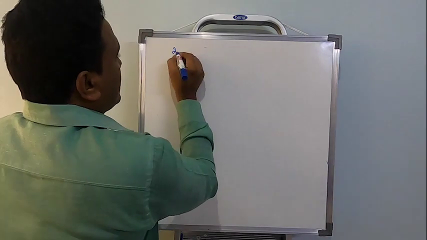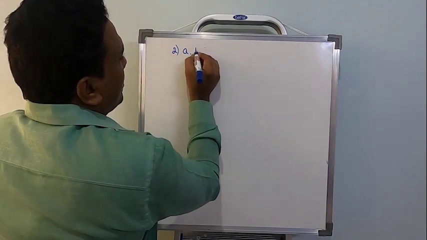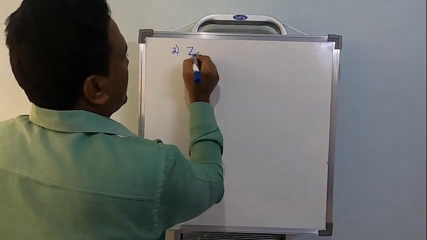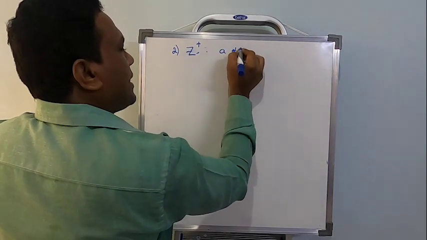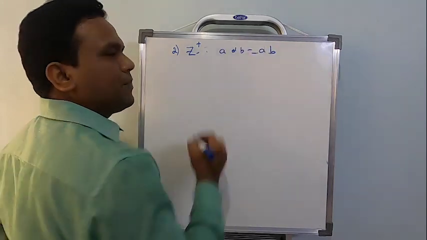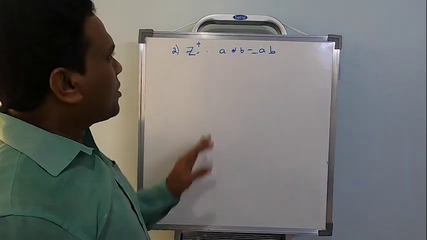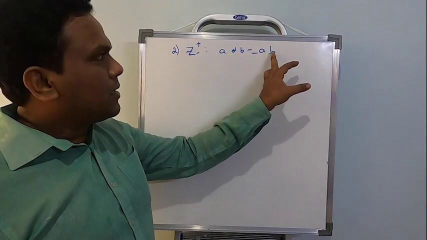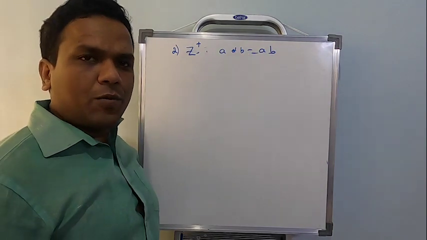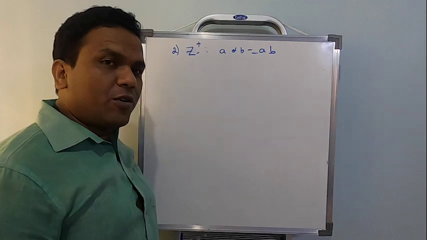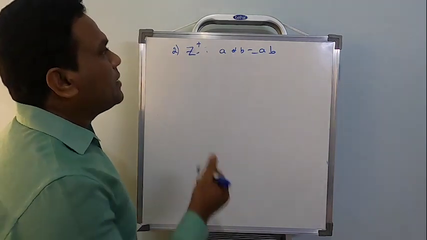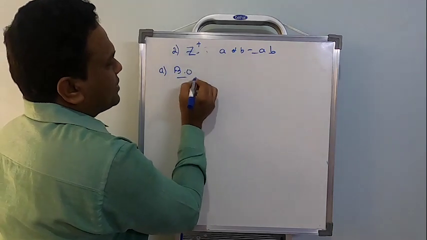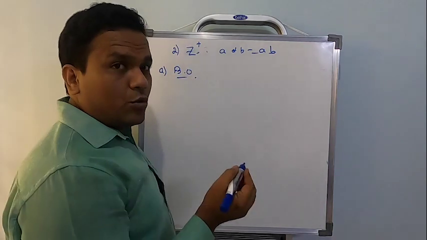Now, in this second column is A comma B. In the second column, on Z plus only, A star B equal to AB. So on Z plus, positive integers, whenever you operate two positive integers, the resultant element will be the product of two positive integers, and we know it's going to be a positive integer. Now let me start with binary operation verification first. Okay, now how to do it?